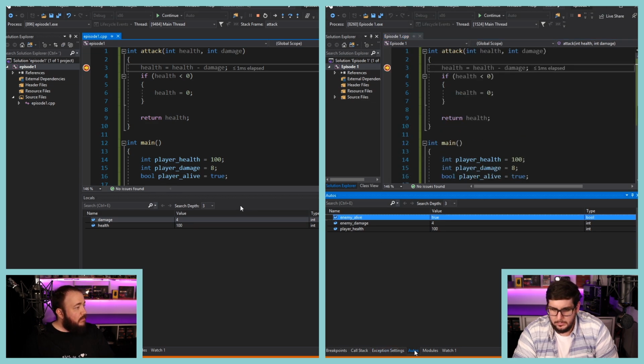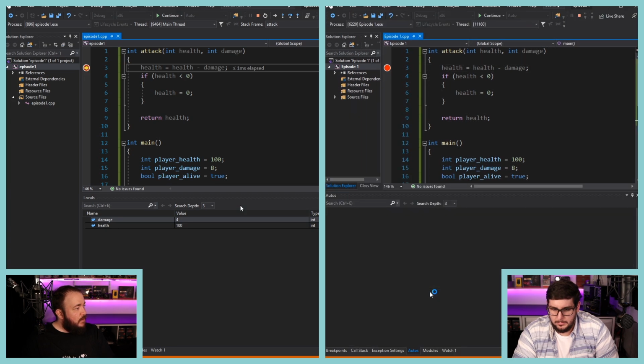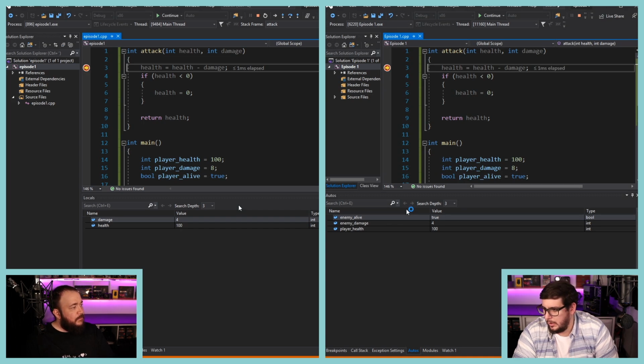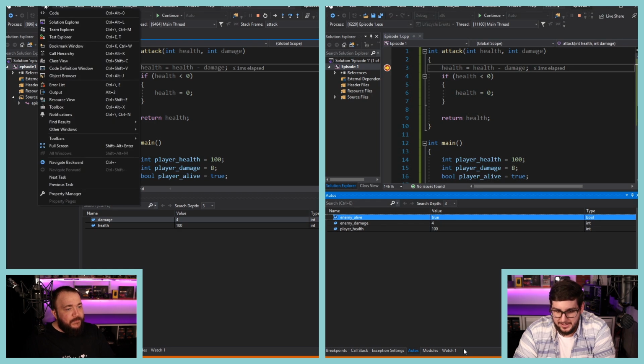So if you try it again, if you close it, and then one more time F5. Yes, there you go. That's it. Okay. No, you're in autos, if you go to locals. I don't even have locals anymore. Did you delete it? Probably. How do I get it back?